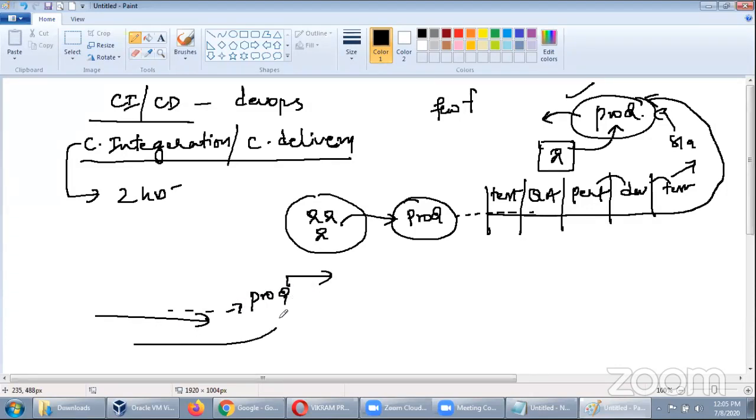I mean live integration is happening. Now, there was version 1.0, and I just integrated 1.1. Now customers are accessing it.